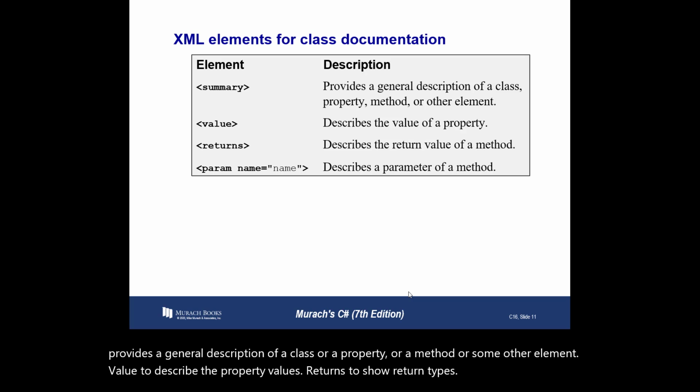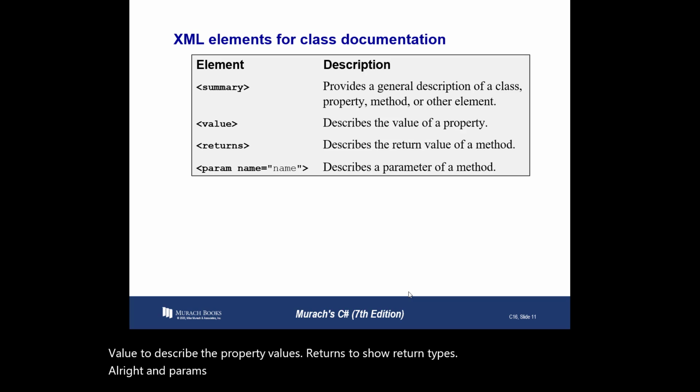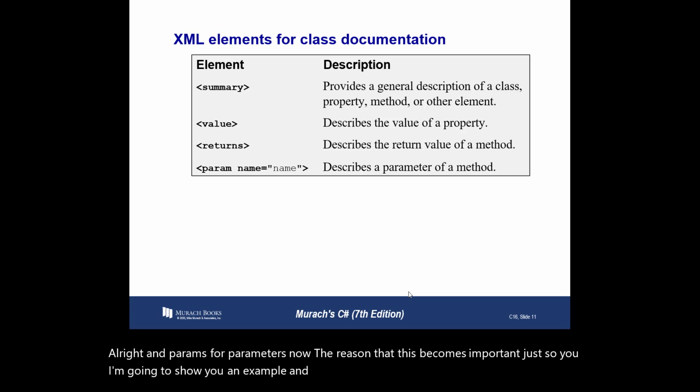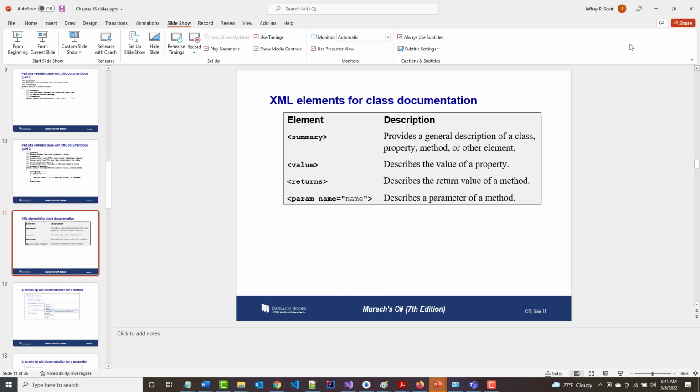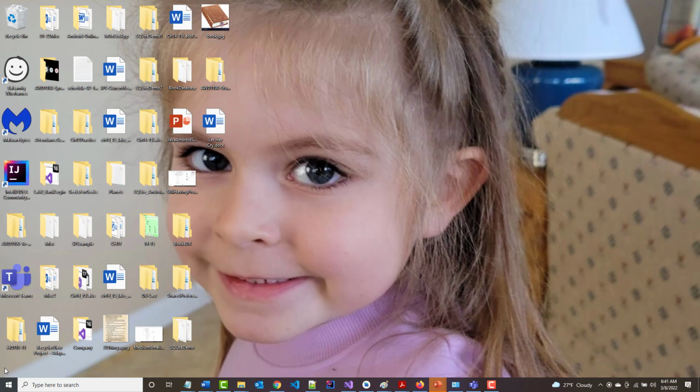All right, and params for parameters. Now, the reason that this becomes important, just so you know, I'm going to show you an example, and it's not going to be a C# example. All right, what I'm going to do, and I'm jumping way ahead, so I'm jumping ahead a year right now,